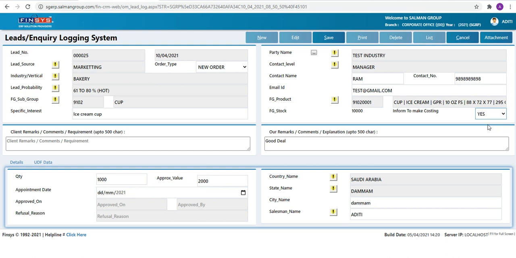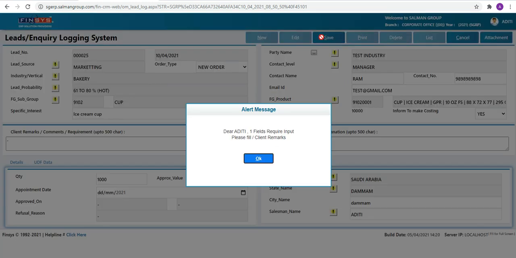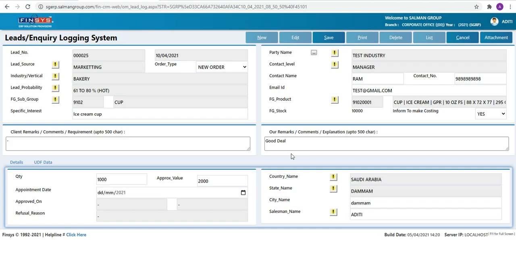There would be the lead number creation, and the print preview would be there. Allow me a minute. So client remarks, just a minute. This I fulfilled, but by mistake they have got deleted. Just a minute. So again I'll click on save again. Let me see, is there any other option left? Appointment date, we have to mention the date as well, 10th of April 2021. And any other option left? All the options are fulfilled.